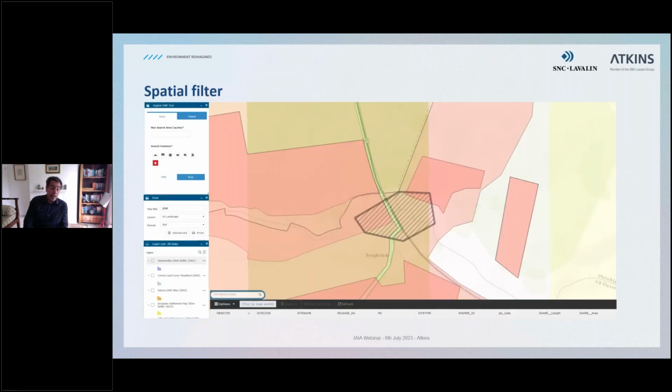This is the spatial filter. The spatial filter is a geoprocessing tool. It works by defining a perimeter, that is the black area in the middle, where we want to know which environmental requirements apply. And the geoprocessing tool is checking which layers are intersected by the perimeter, and each layer is linked to a code that is linked to the commitment register. So to explain better, in the next slide,